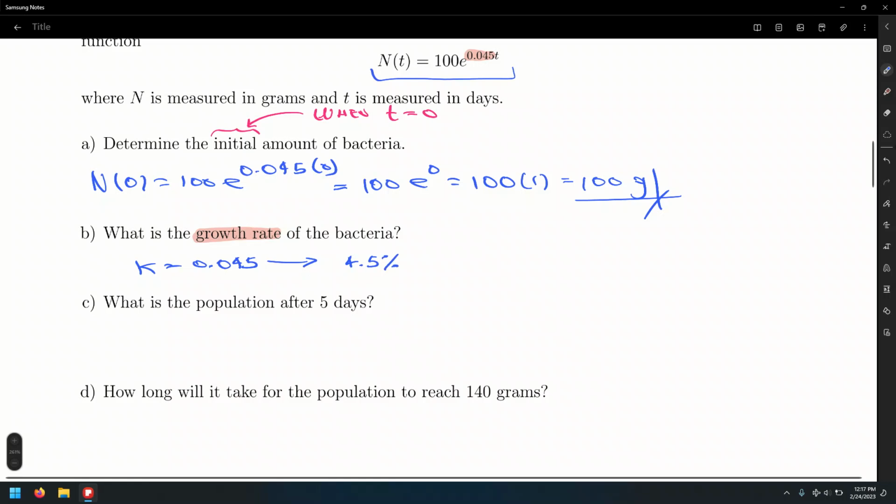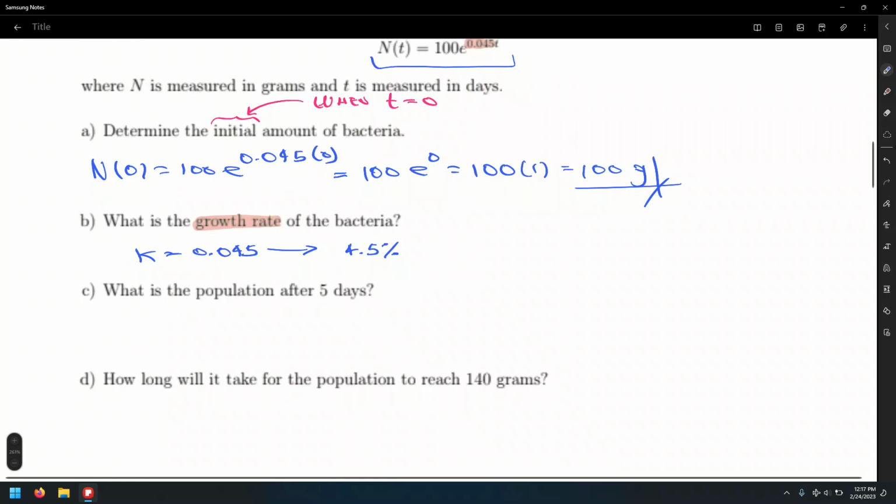So this percentage is telling us that for every value of t, the population increases by 4.5% with respect to its initial value. That's what it means. Now, what is the population after 5 days? All we have to do here is evaluate at t equals 5,